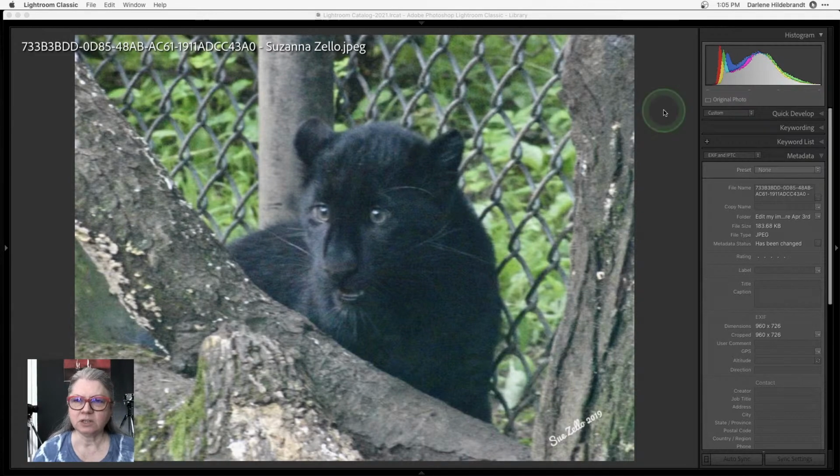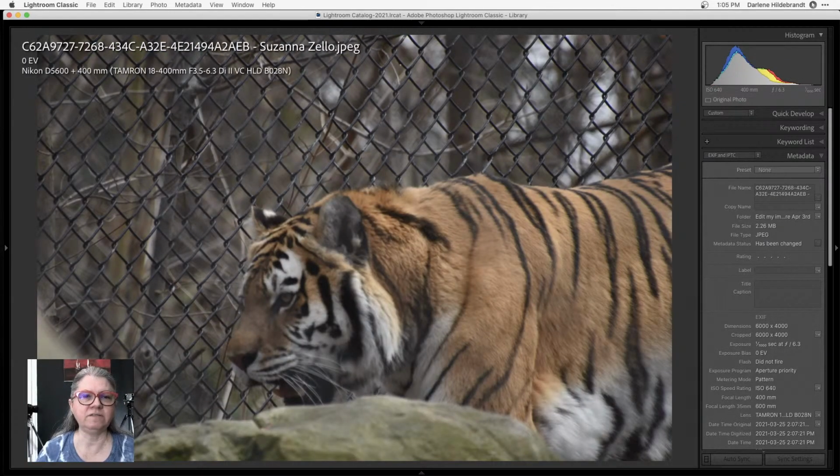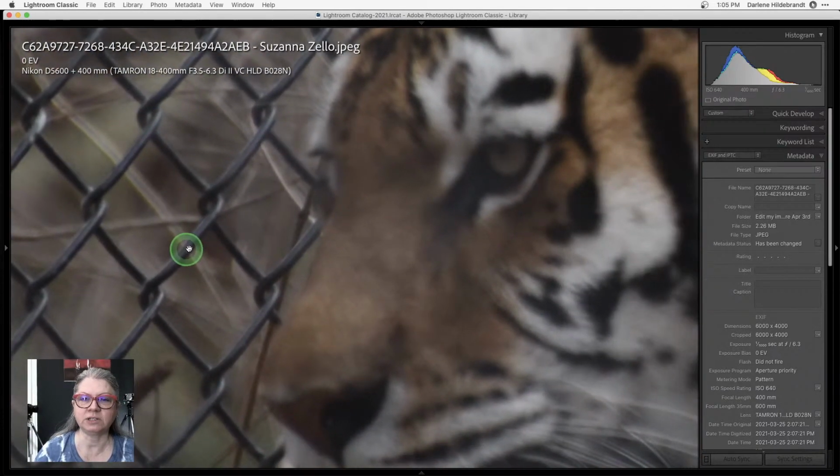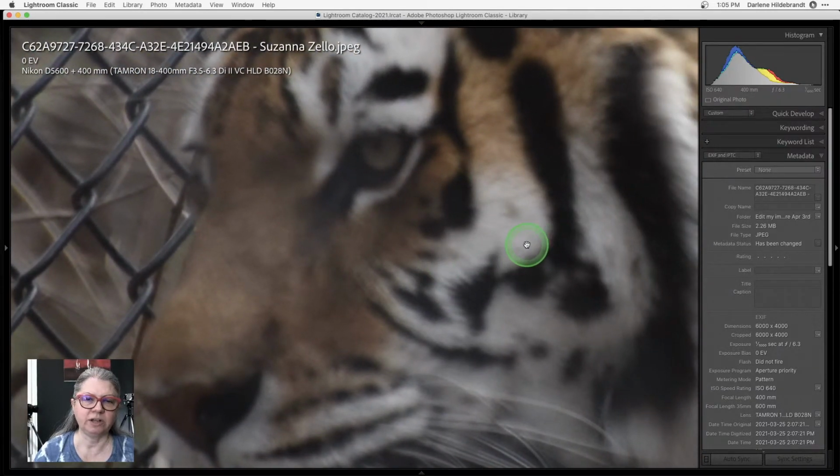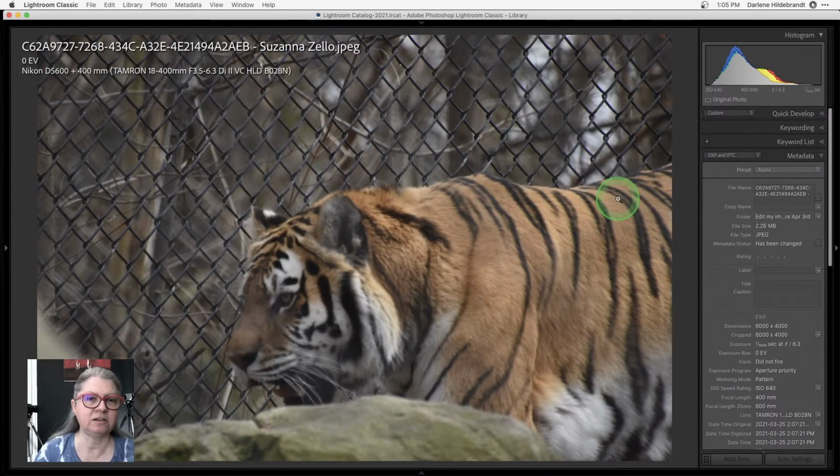Okay. The other thing that I'll be doing as we go along is if there is something that I can suggest to you to help you actually take better photos as well, I will be doing that. Right? This one I won't be editing either because it's simply out of focus, right? The fence here, if I zoom in, is more in focus than the beautiful tiger, right? So I can't fix out of focus. You can enhance some details and you can get things like Topaz Sharpen AI, which will help, but it's always better to go back and get a better, sharper shot in camera.